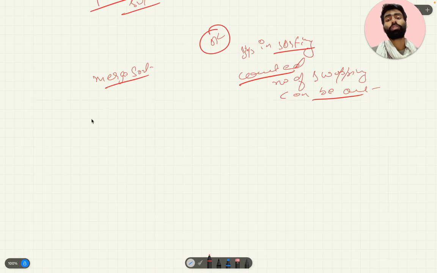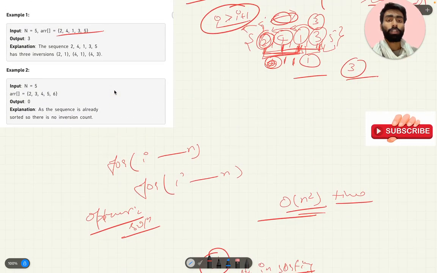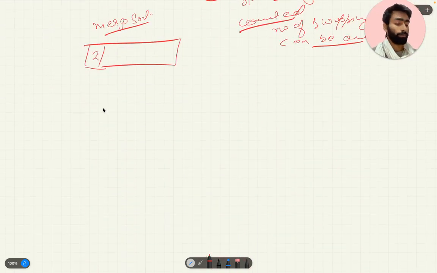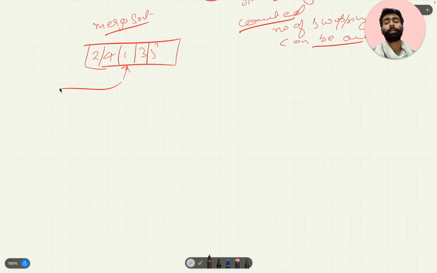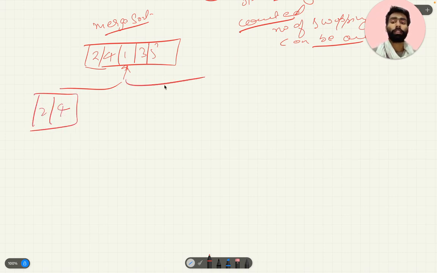In merge sort, what we do, let us take the example 2 4 1 3 5. We first find the middle of the array, then we divide it into 2, that is 2 and 4, and then 1 3 and 5.